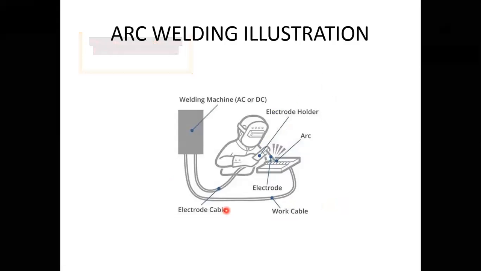Okay, right. So next one, this is the actual arc welding process. The person is shown here. This person is performing the arc welding process. This is the welding transformer. From the welding transformer, power is supplied to the electrode holder. Here is the electrode, and the other terminal of the power supply is connected to the workpiece. That is why the workpiece is also part of the electric circuit, the power supply circuit.